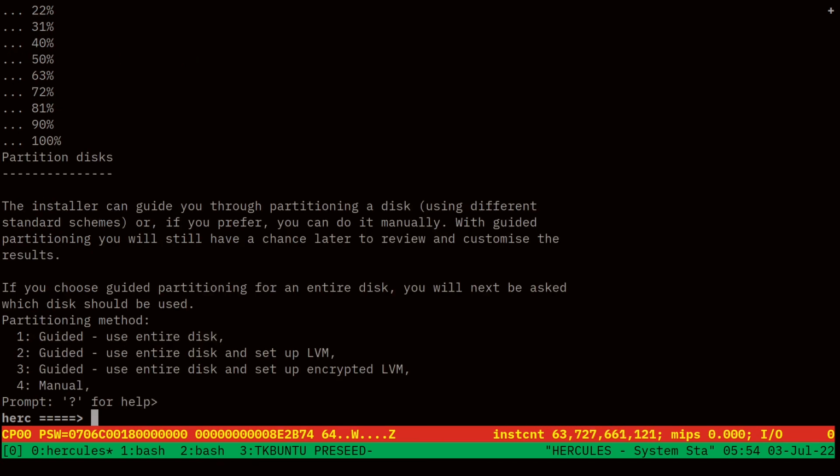Okay. Partition disks. So one of our options should have been to select use entire disk, and I'm surprised it didn't take. Yeah, we say recipe atomic. We said method string regular. There must have been another option. So what we want is guided. Hold on, let me see. So partition disks,